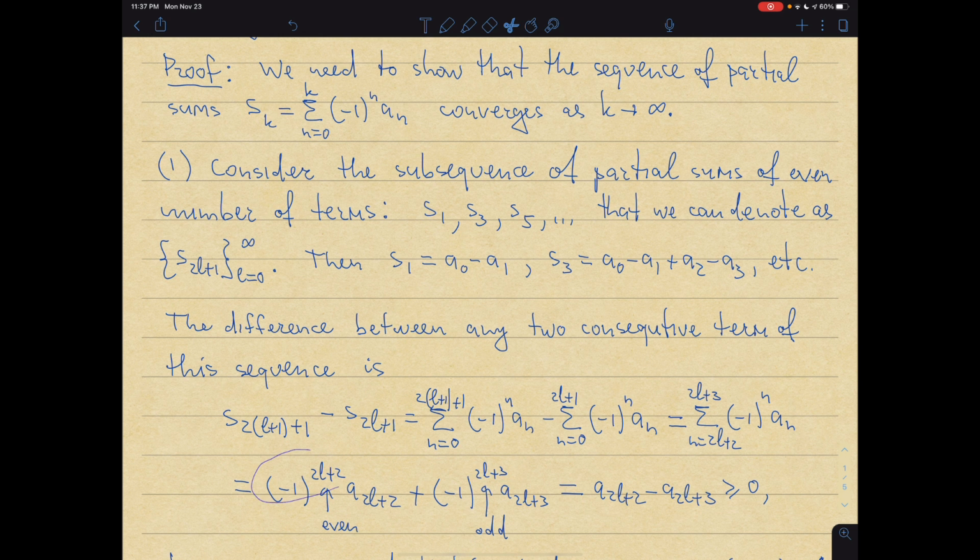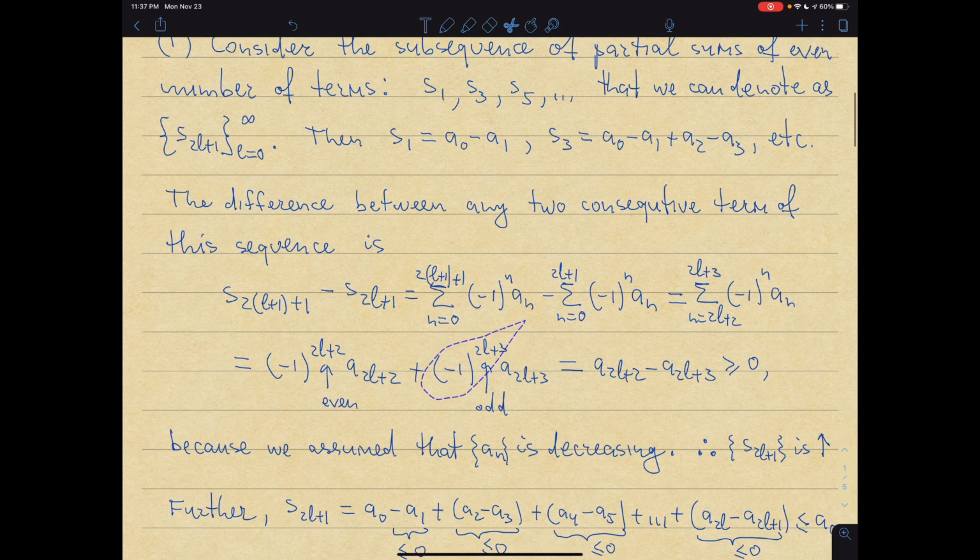So minus 1 to the power 2l plus 2 is going to be 1, and minus 1 to the 2l plus 3 is minus 1. So what we got then is a_{2l+2} minus a_{2l+3}. But the sequence of a's is decreasing. So that means that a_{2l+3} must be smaller than a_{2l+2}, so the difference is going to be non-negative. Which then tells me that if the next term minus the previous term of a sequence S_{2l+1} is greater or equal than 0, then